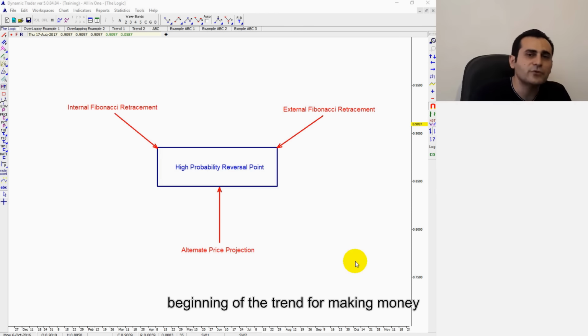Let's go to the examples. Okay, this is example 1. You can see in this market, there are trends, corrections, and corrections are overlapping with trends. This correction has overlapped with this trend. This correction has overlapped with this trend. In this situation, we draw one